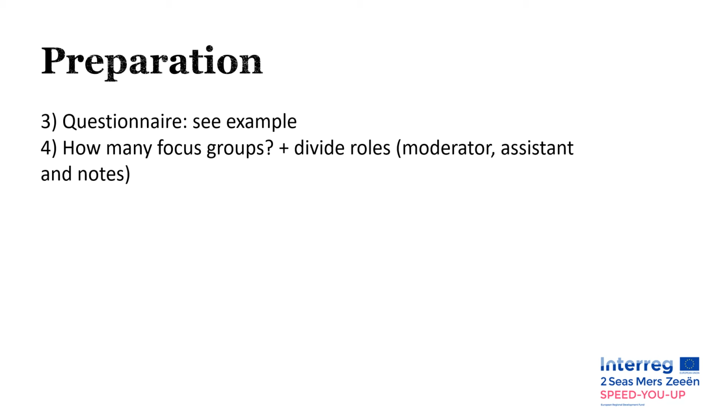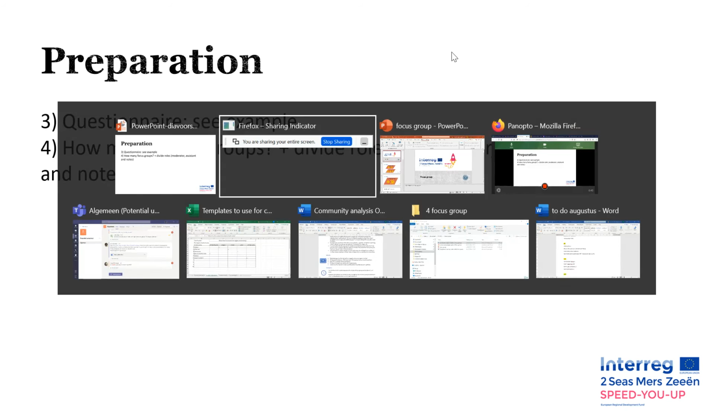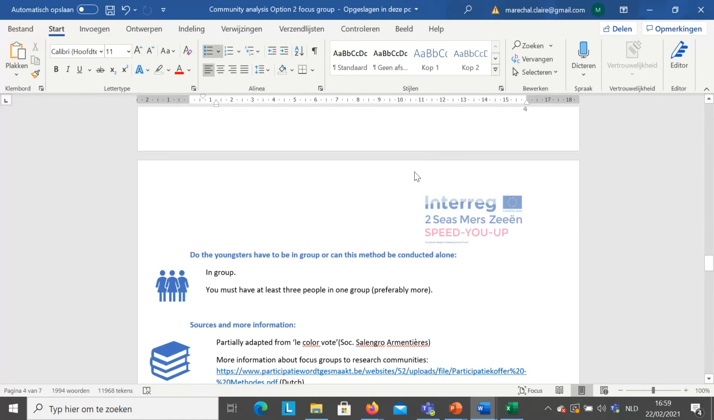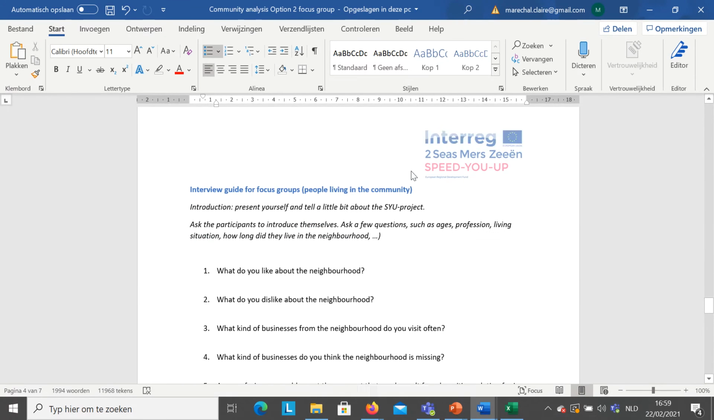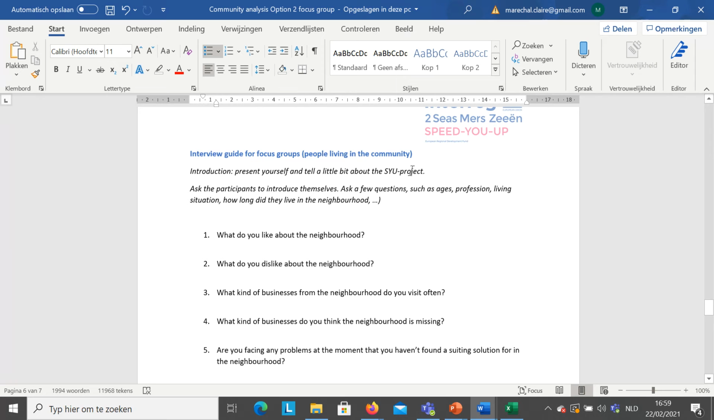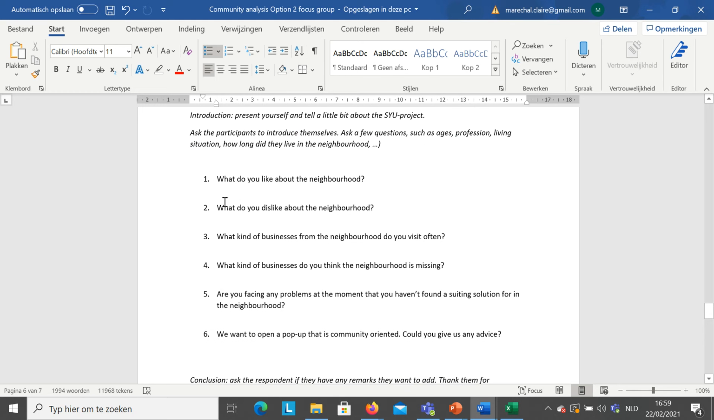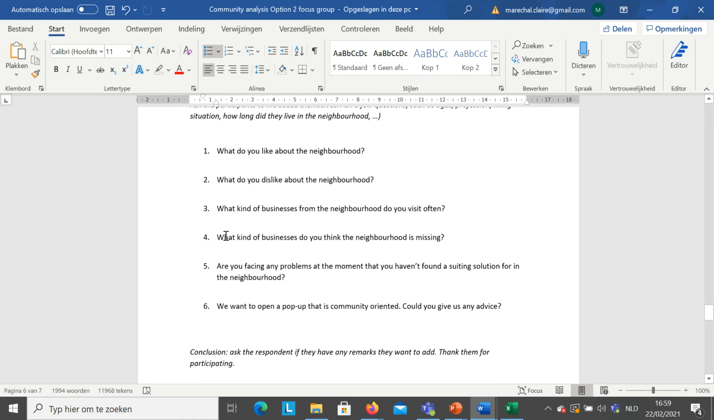A questionnaire, as for an individual interview, is basically a list of questions you want to ask, but it's important that you think about it in advance. In the documents that you will find online on the website, there are instructions, and at the end of the document you will also find an interview guide that you can use for focus groups. It's just a basic set of questions you can adapt, but know that you need to have a list